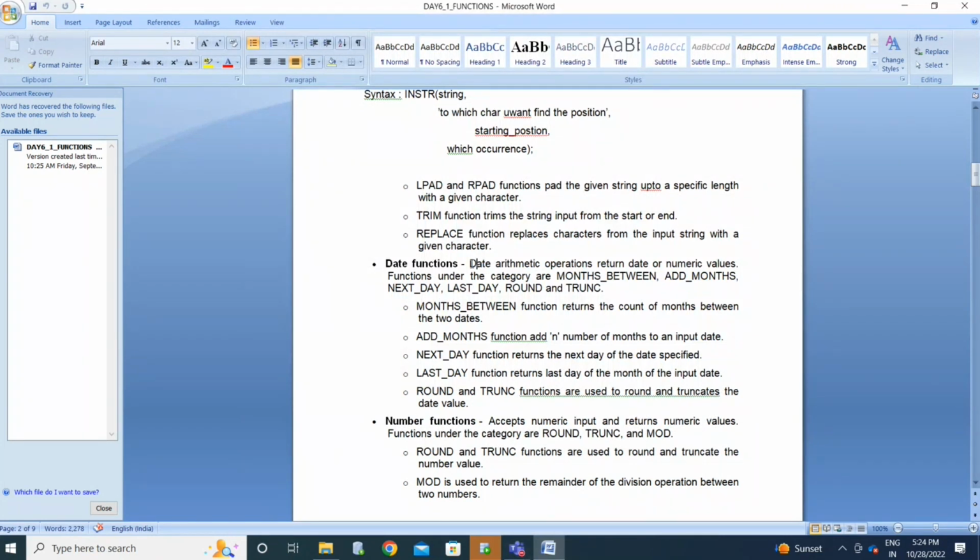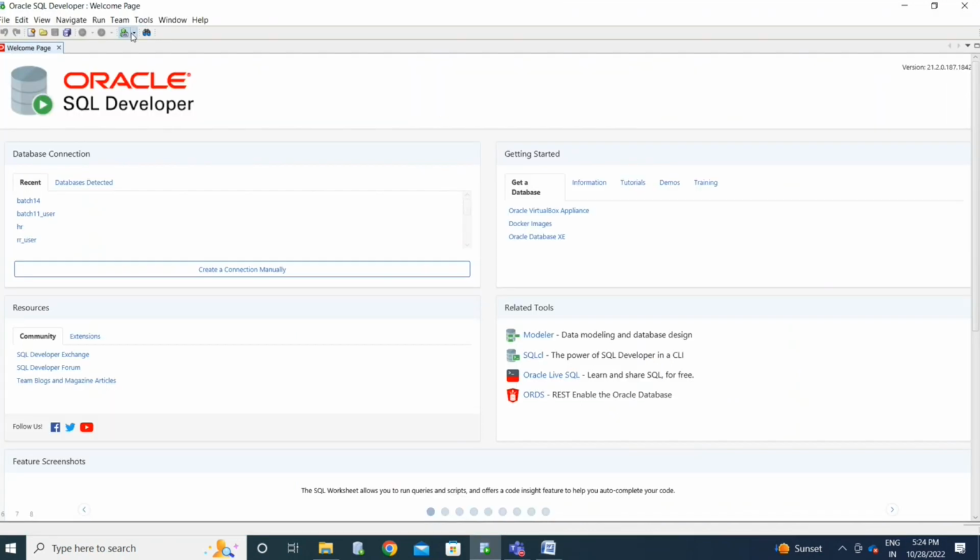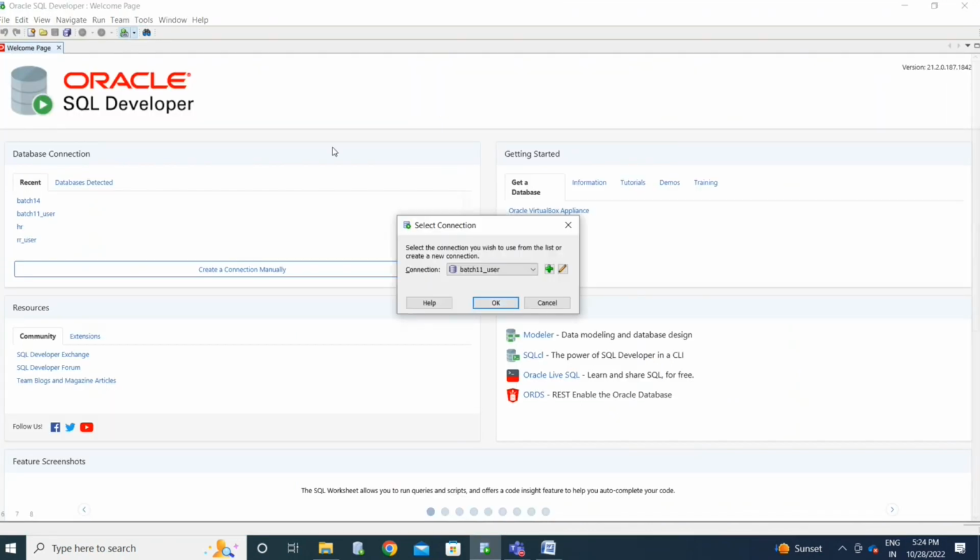Date arithmetic operations return date or numeric values. So if you apply an arithmetic operation on a date, it can return a numerical value or a date value also. I'm going to connect with SQL Developer.